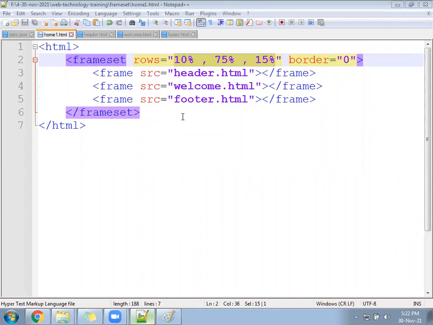After that, border equal to 0. Send the code of the header file. Then I'll guide you. In this file, there is no problem. This file is correct.